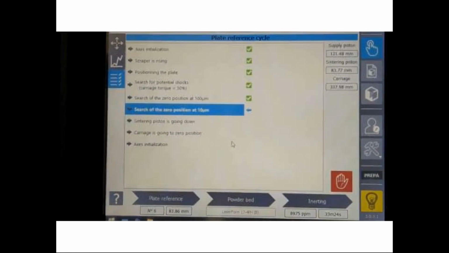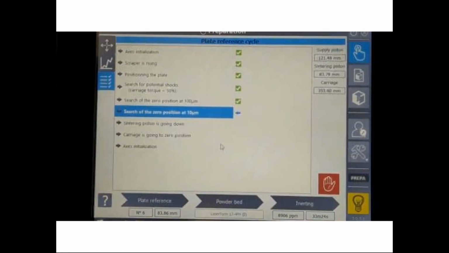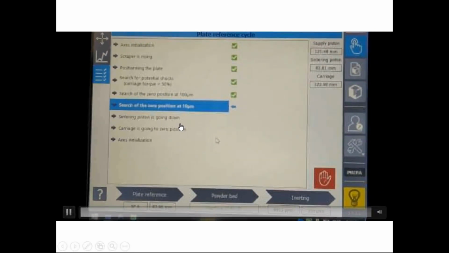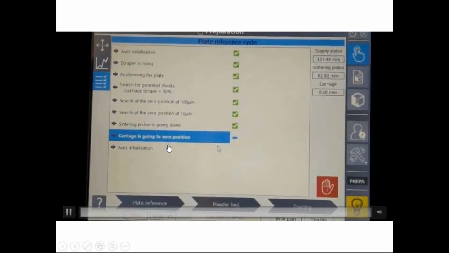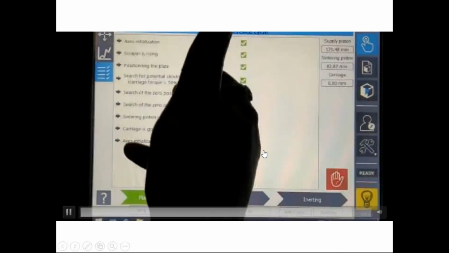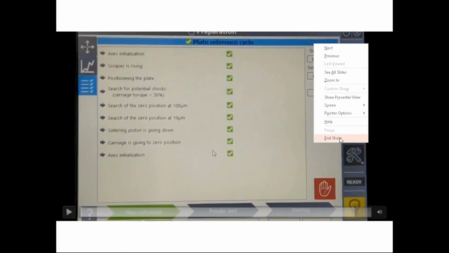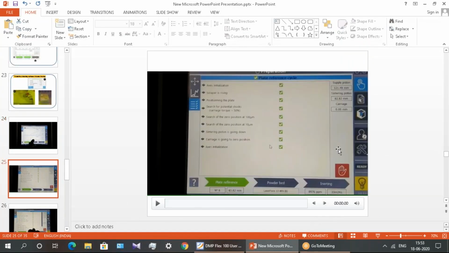Now for finding fine position, the build plate moves 10 micrometer. And this process continues until the check plate reference cycle is done. Now it is done. Now we move on to depositing layer.